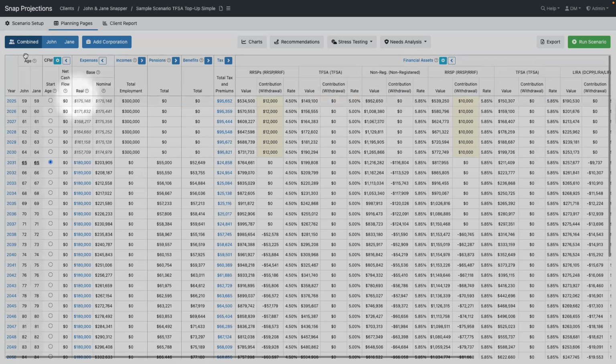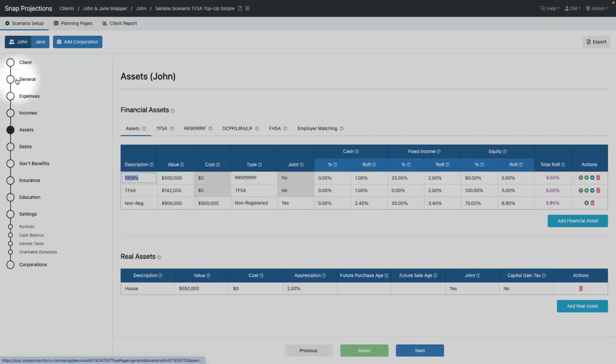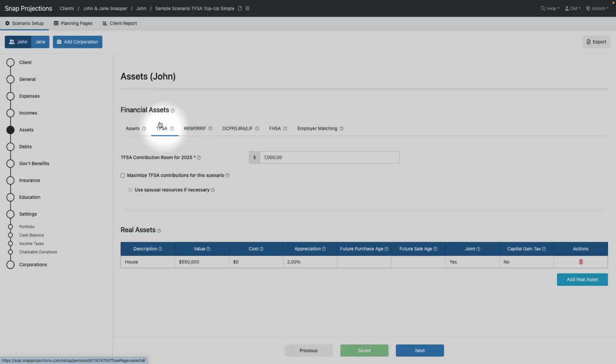So you can go over here to Scenario Setup. We can go down to our assets. Now, if we go over to the subheading for the TFSA, and here's the new feature. So maximize our TFSA contributions for this scenario. So if I check that off,